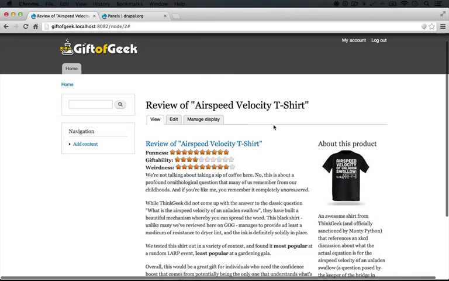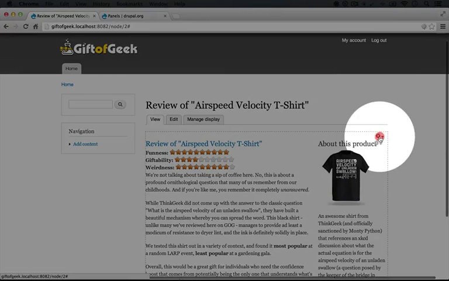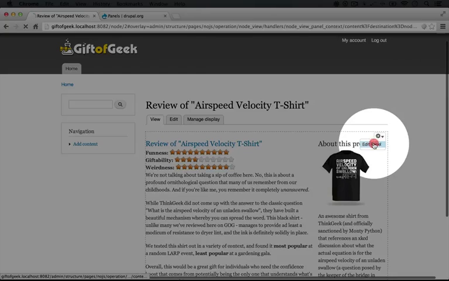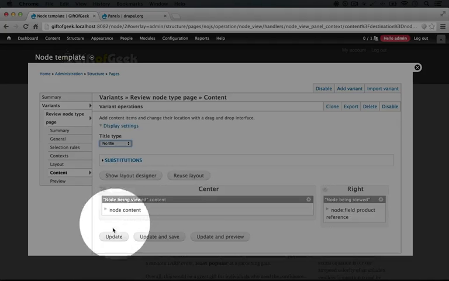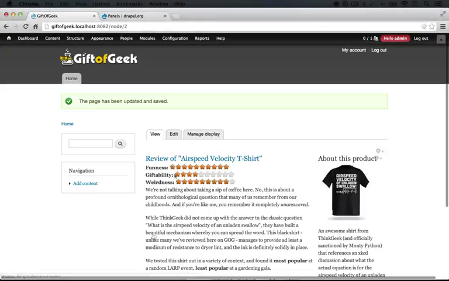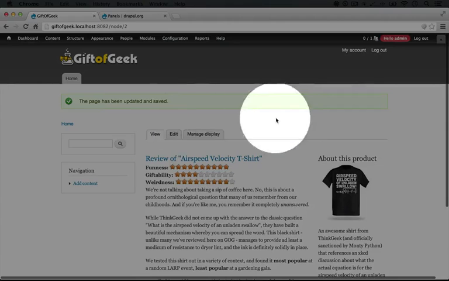and hiding this title. So Panels comes with a feature, you may have noticed it. It's a configuration option on the panel page that allows us to hide the title. Let's give that a try. So I'm going to hover over the panel here and click on the cogwheel and click Edit Panel. And you see the title type here is manually set. So if we click that and we click No Title, and then we click Update and Save, the title will